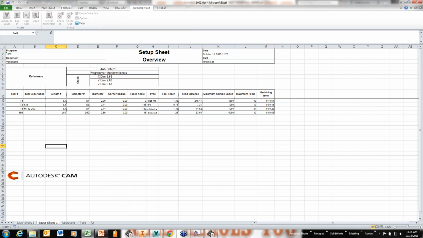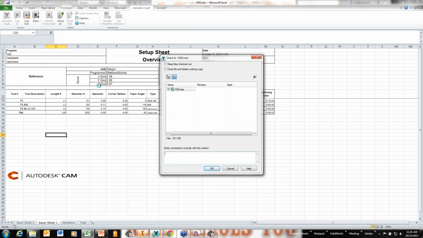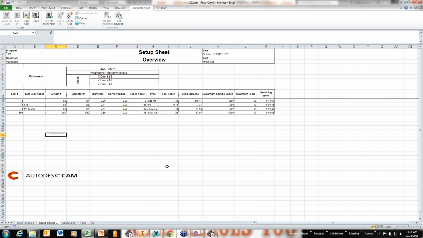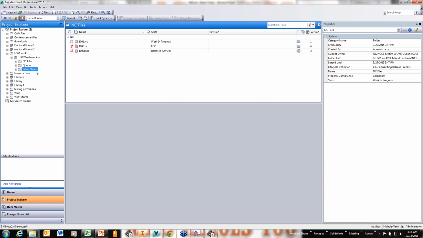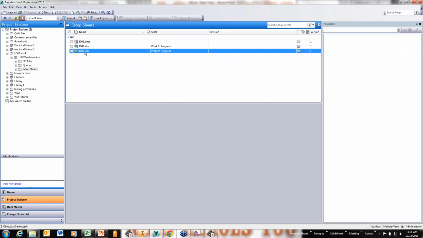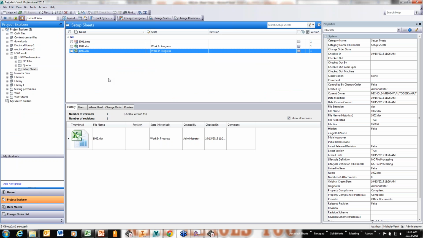So with that logged in, I can then check in this file straight from here. It's okay. And I'll go back to my vault, setup sheets. Now I've got my 1002 in here. Okay, so we've got those files in. Now, let's say,